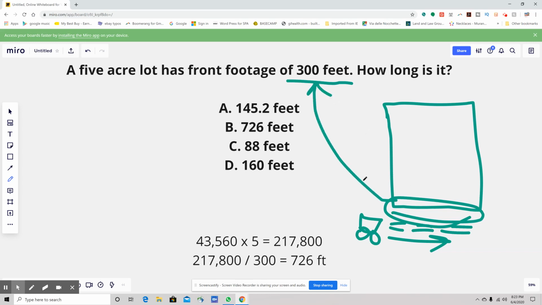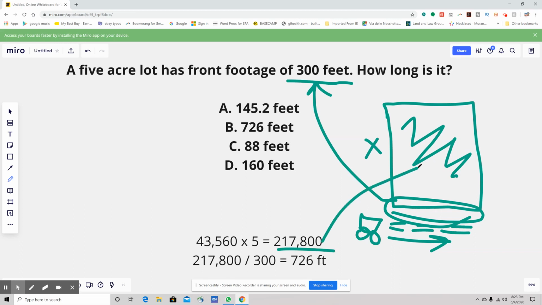If you wanted to just be able to figure this out in your head, we're solving for this side right here. We know what this all is because that's 5 acres, but what we need to do is convert that into feet. So we take our acronym that helps us remember how many feet are in an acre, and that's 4 old men going 35 and a 60. 4 old men going 35 and a 60. Multiply that by 5, and we get